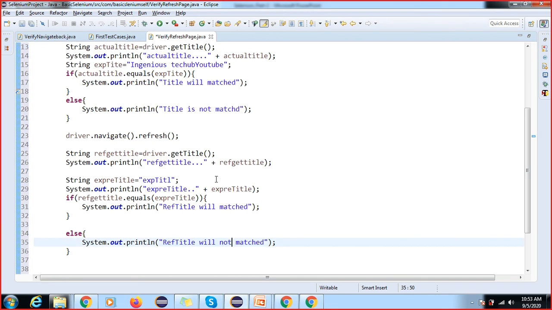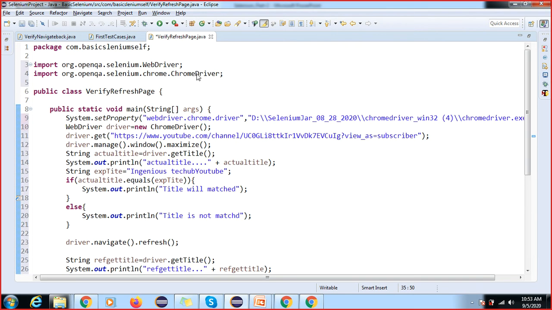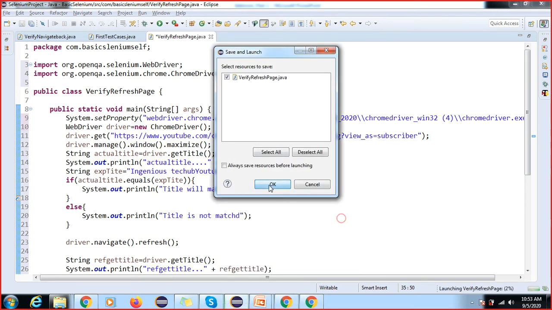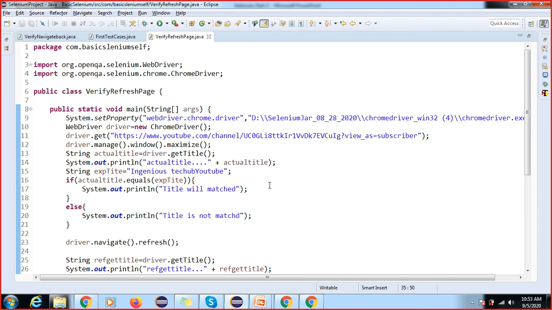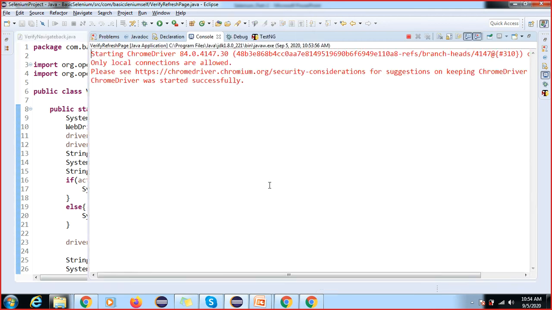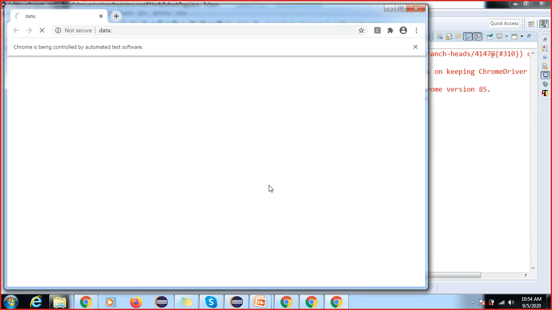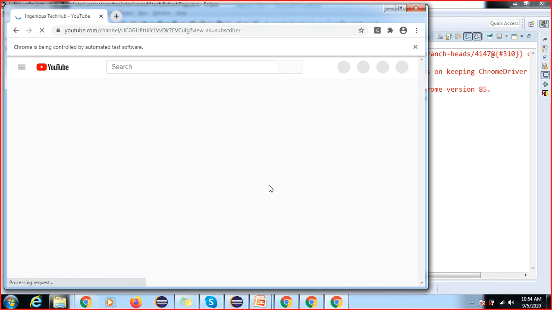Now I am going to execute this code. Let me see what output comes, and if our test case fails, we will fix it. You can see the browser is launching. Before it was not maximizing, now it will maximize also.